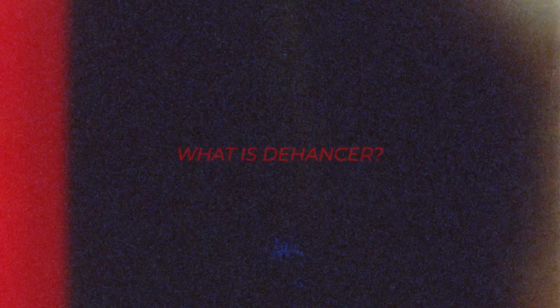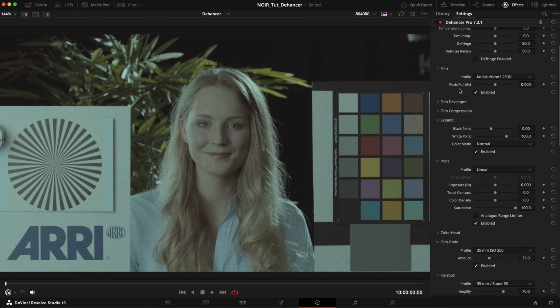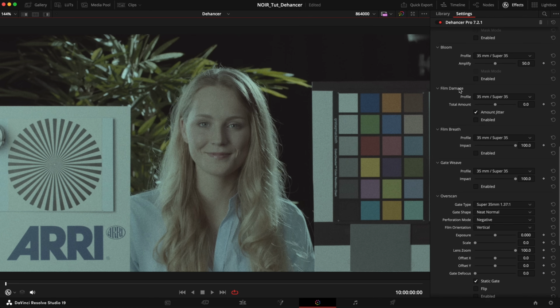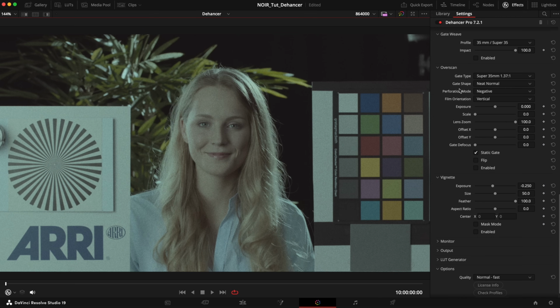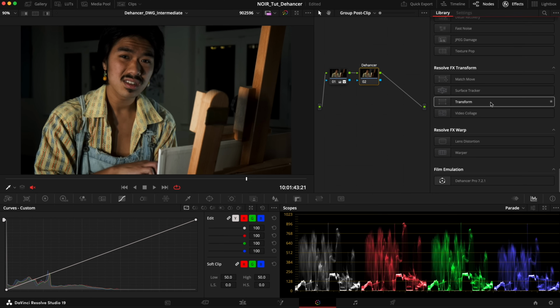So, Dehancer is a plugin for DaVinci Resolve and other programs like Premiere and Lightroom that tries to emulate real film characteristics. It comes with a huge amount of sliders for all sorts of things, so let's look at all of them. And by the way, they also recently introduced an iPhone app, so you can grade your images on mobile as well. The first thing you will see when you load the plugin is a sudden change of color